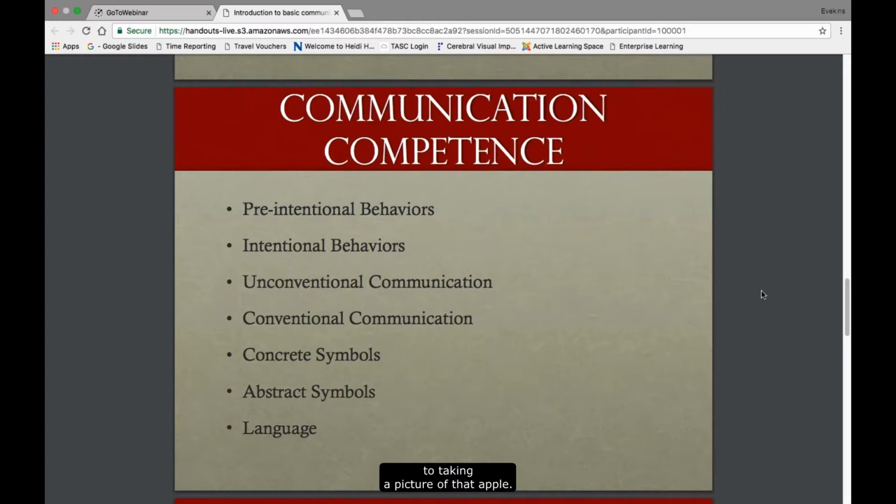And then the next part we go to is people will usually jump to taking a picture of that apple. Well, once you take a picture of that apple, the only representation that still is the same to the actual apple itself might be its color. It doesn't have the shape anymore. We've now gone from three-dimensional to two-dimensional. It certainly doesn't have a smell. It certainly doesn't have a taste. So it's a big step to go from an actual object to a picture representation.